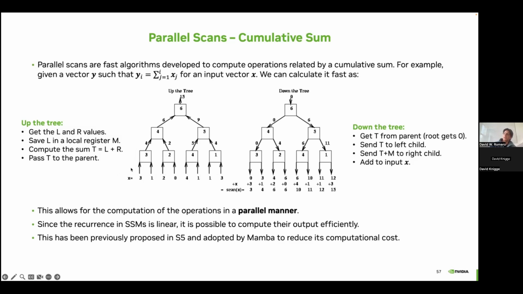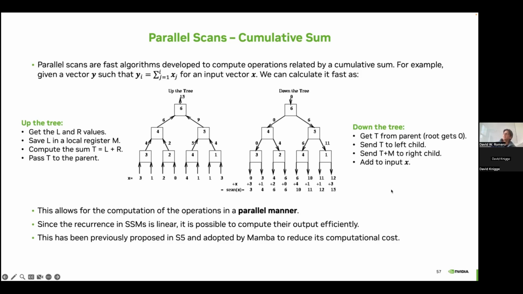in the input. Then you save the left in the register, and then you compute the sum, so the 4, right? And you do this up to the parent, up to the top. So here you have 3 and 1, you save 3, you give 4 to the second node. Here you have 2 and 0, you save 2, and then you give 2 further. Now here we have 4 and 2, we save 4, we give 6 to the top, and so on and